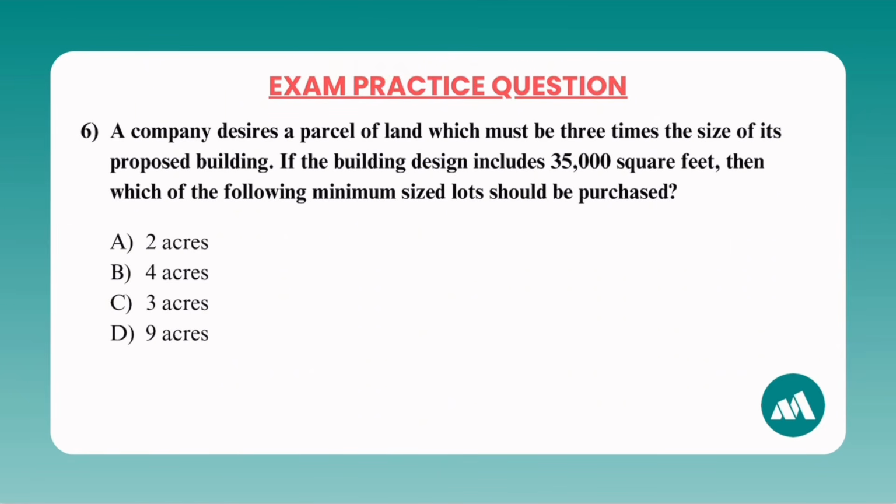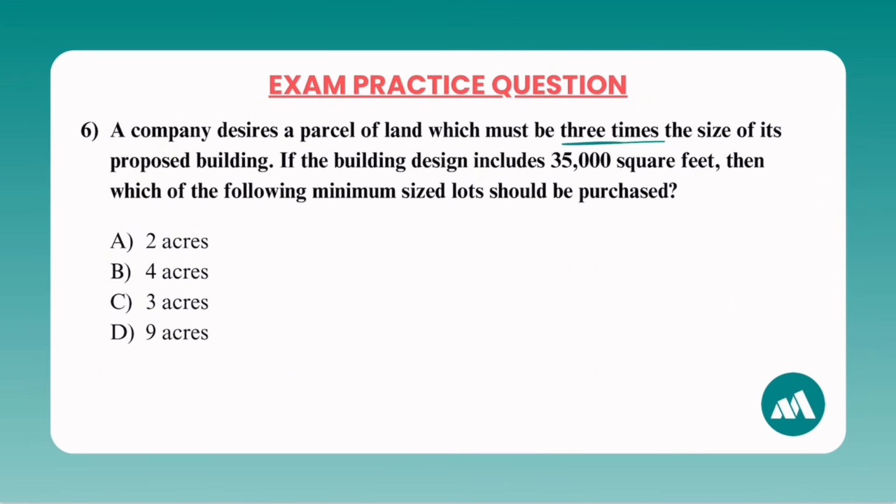In this question, we see that the parcel of land has to be 3 times the size of, meaning multiplying, its proposed building. Well, the proposed building is 35,000 square feet. So let's multiply 3 times 35,000 square feet. And that is going to give us a total of